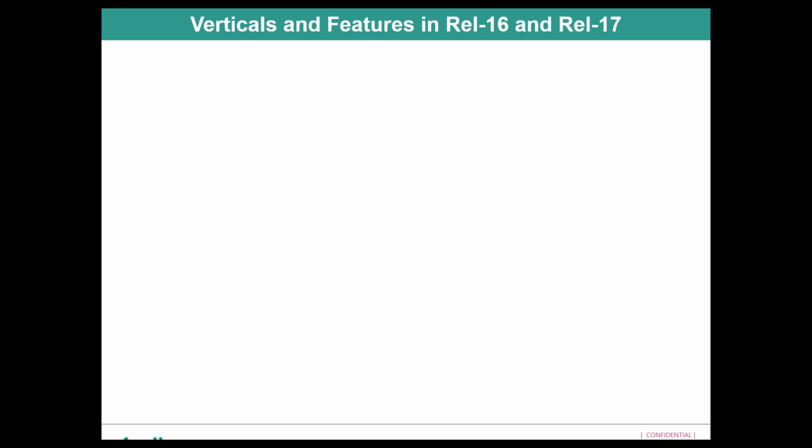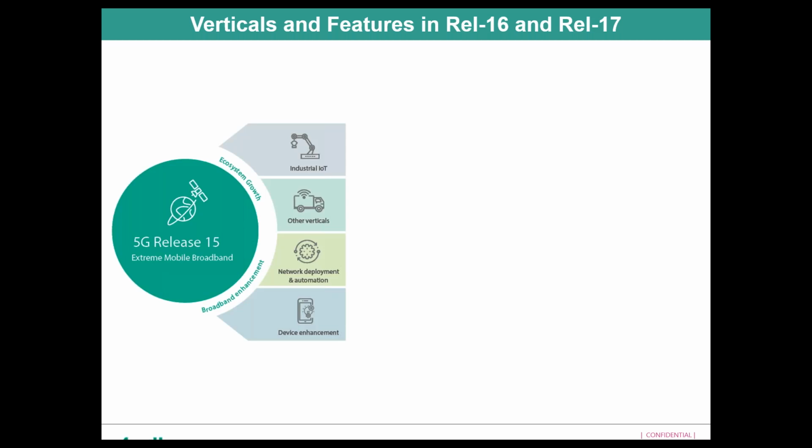As you know, there were a limited number of features in release 15. Release 15 was primarily focusing on one thing, which was high throughput, extreme mobile broadband. LTE was also about high throughput. Release 15, the use case was extreme mobile broadband, high data rates, right? But as we move on into release 16 and release 17, we're trying to divide these use cases